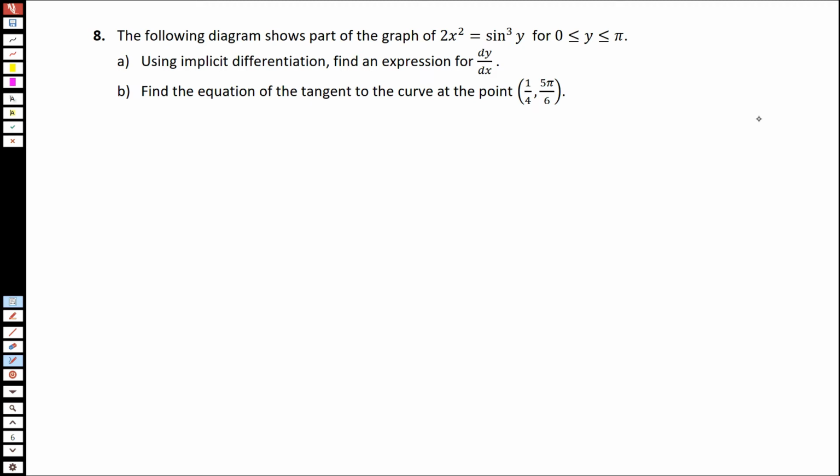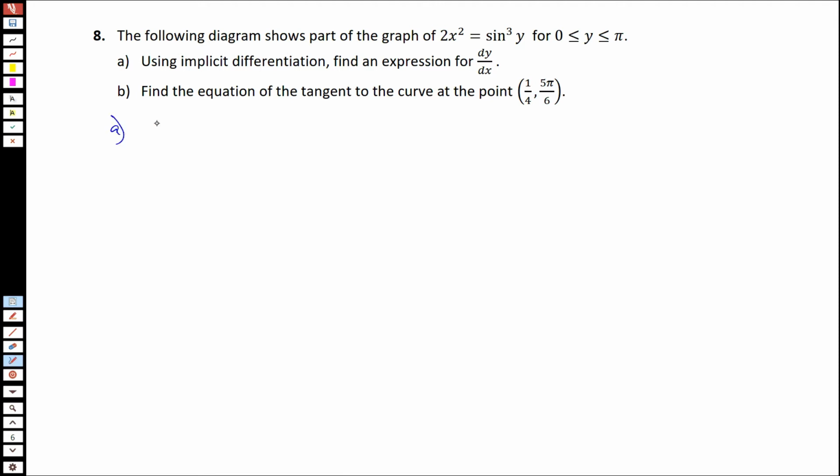In this question, we are required to use implicit differentiation to find dy over dx for this equation. And then in part B, we are required to find the equation of the tangent to this curve at this given point. So for part A, differentiating implicitly,